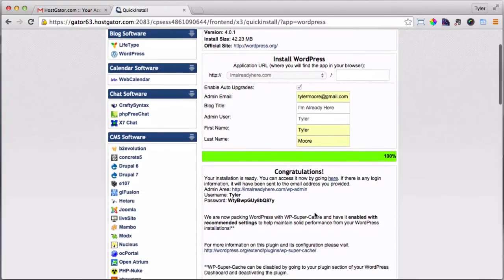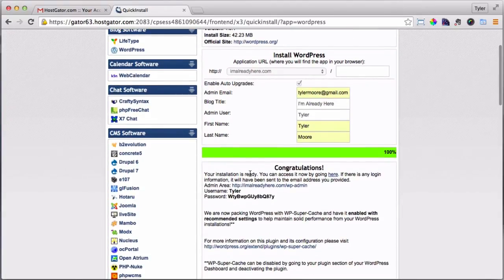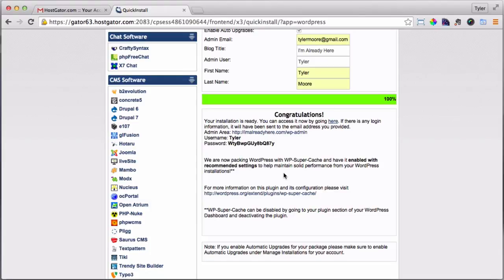All right, then we're going to get a congratulations, your website is ready. You can access it by going here, and the here takes us to our website. But if we check right now, it's not going to work. And that's because it takes your website anywhere from 2 to 4 hours to work, and sometimes up to 24 hours. So we're going to take a little break right now, and I'm going to go hiking. And when I come back, we're going to check your website and see if it works. Okay, so I'm going to take a little break right now. See you soon. All right, so it's been about 3 hours, and we're going to check if our website works